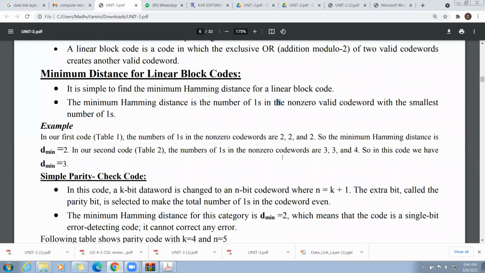While comparing two binary data strings, we need to follow some guidelines. Those are: the two binary strings must be of equal length. The Hamming distance is the number of bit positions in which the two bits are different.